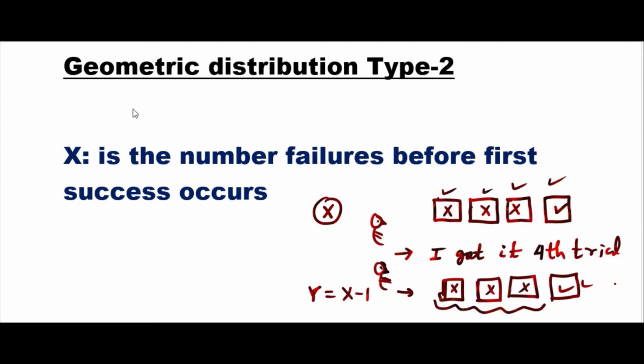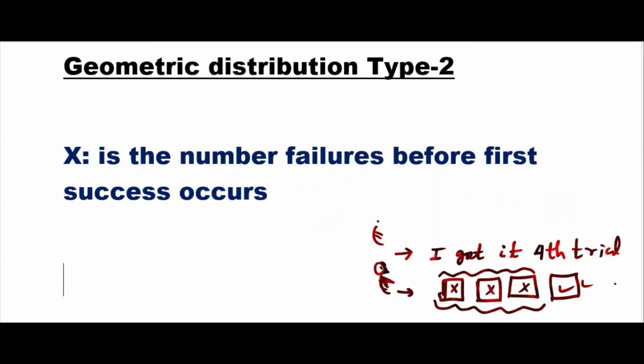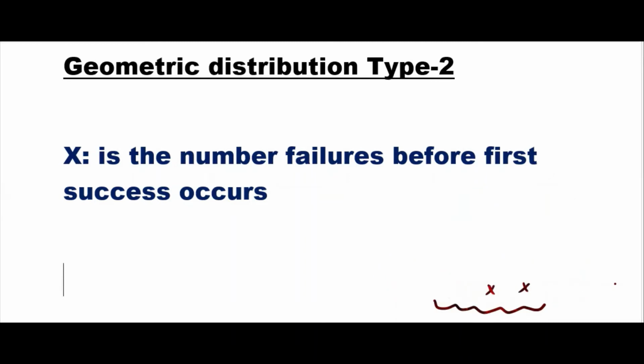That means your subject is the number of failures. You are not interested in the trial where you got the success. You stop it, you don't count this one, because you want to tell in terms of a negative word, not a positive word. So you can say it that way. Here, if you consider y as the new random variable, y will be x minus 1, that will be the link. But let's continue with x. Separately we will develop it once again. We will not try to connect with the first one, because anyway you have to use it differently.